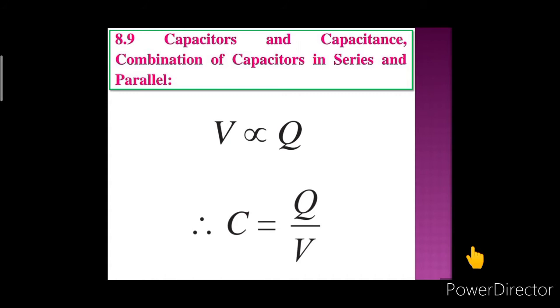There are multiple units used here, for example, 1 microfarad, 1 nanofarad, 1 picofarad, where 1 microfarad is 10 raised to minus 6 farad, 1 nanofarad is 10 raised to minus 9 farad, and 1 picofarad is 10 raised to minus 12 farad. So, the ability of a conductor to store electric charge and electric potential energy is called the capacitance of the capacitor, which is given as C equal to Q upon V.